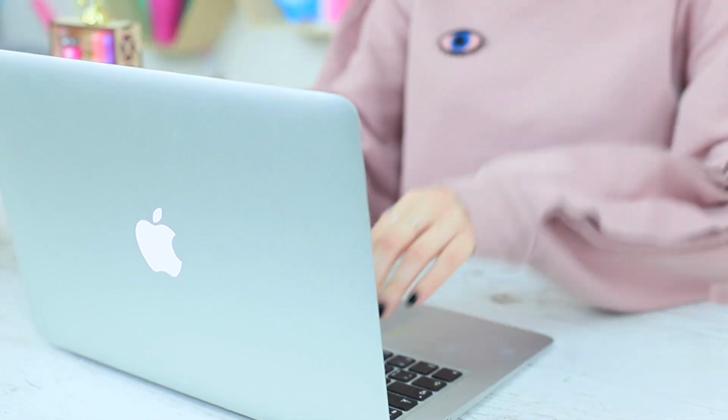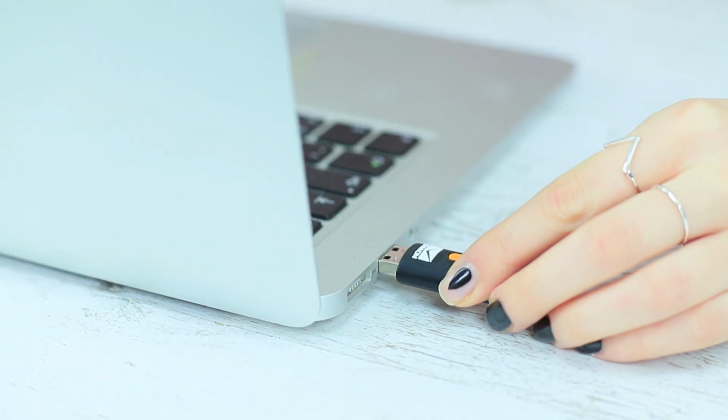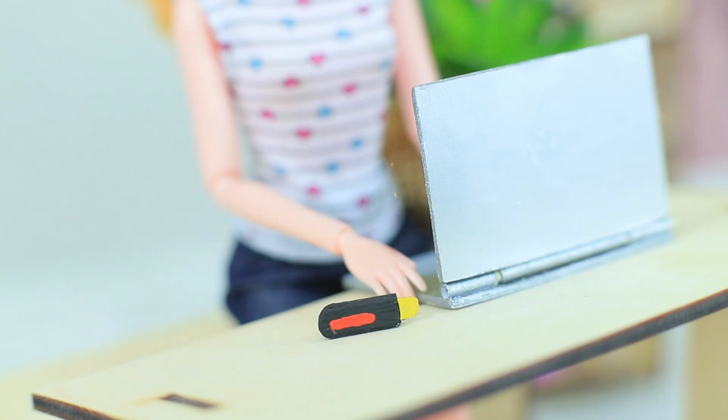Stephanie opens her laptop and sees that her Barbie has the same one. Where did she get a MacBook from? It's so tiny! This is the lightest laptop I've ever seen, and it doesn't take up a lot of space. Barbie lucked out with this device. Stephanie puts a flash drive into her laptop, and a mini copy of the gadget for Barbie appears as if